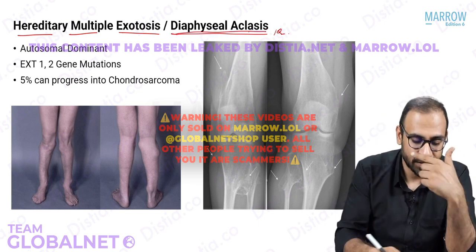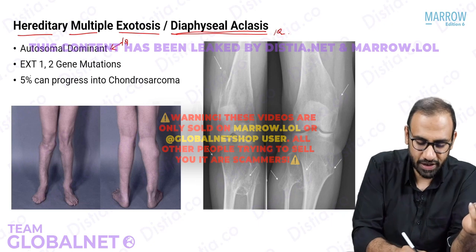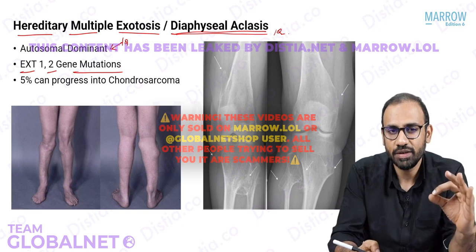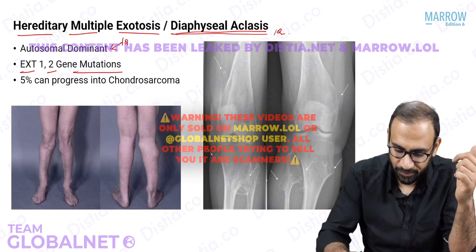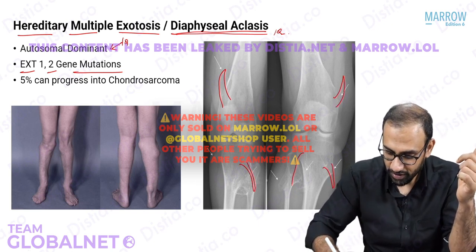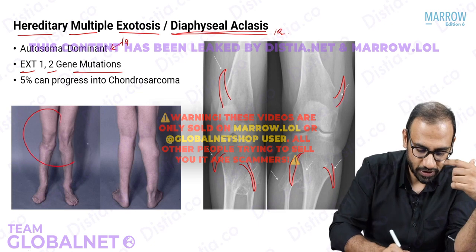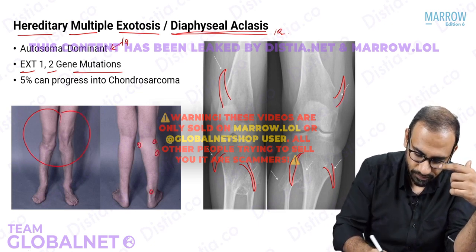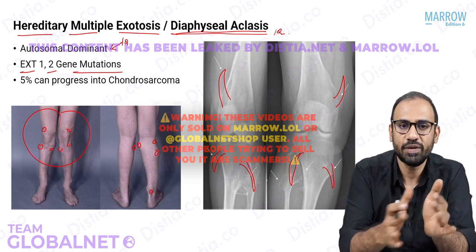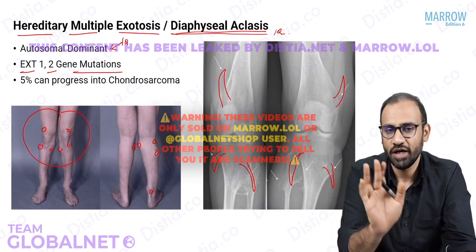So what happens here? This is an autosomal dominant inherited condition, which is an MCQ, and occurs because of a mutation in EXT1 and 2 genes. Because of this mutation, the patient will have multiple osteochondromas. Look at this X-ray. One osteochondroma here, another here, another here, multiple osteochondromas. Everywhere around the joints, what will you notice? Swellings. This is the condition known as hereditary multiple exotosis or multiple osteochondromatosis, diaphyseal aclasis. That's all you need to know about this condition.